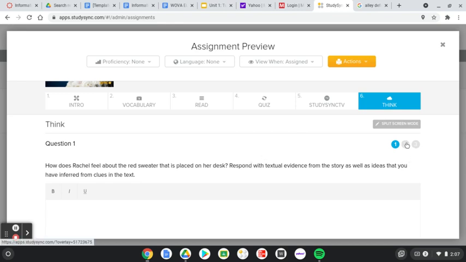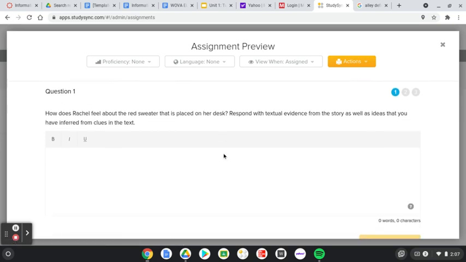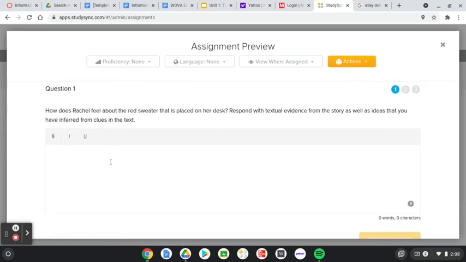And then question number 6 was actually a piece of evidence right from the text, so I can use that. So sometimes with these StudySync questions, and that's probably happened on other quizzes that you've had before, maybe you're not sure of an answer, and then later into the test or the quiz, you find something that has to do with that earlier answer, and you can go back and use that information. So don't be afraid to go back and check those quiz questions and your answers when you're doing the Think question. I'm going to stop the video here in just a moment, but I just want to remind